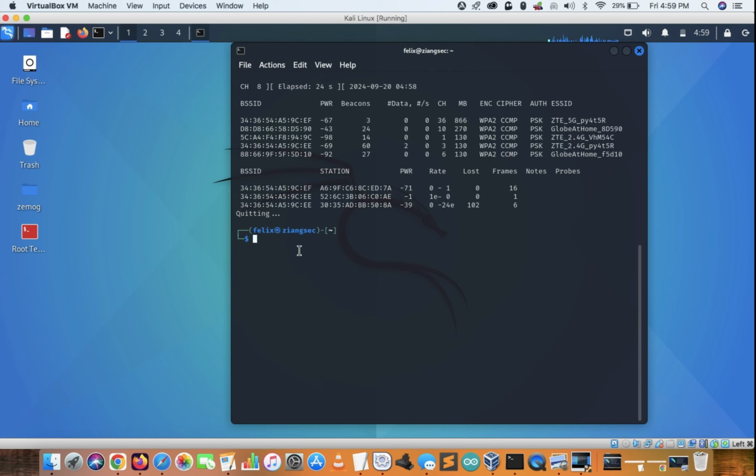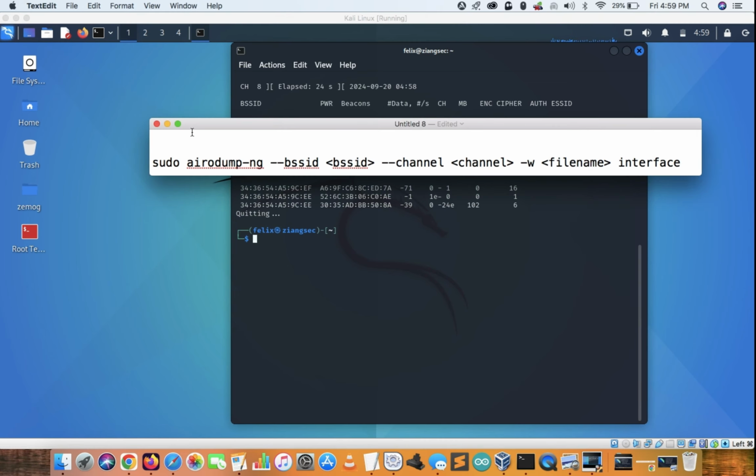Now in order to capture the handshake between the device and the AP, we have to use the command airodump-ng again, but we will specify the MAC address of the AP.